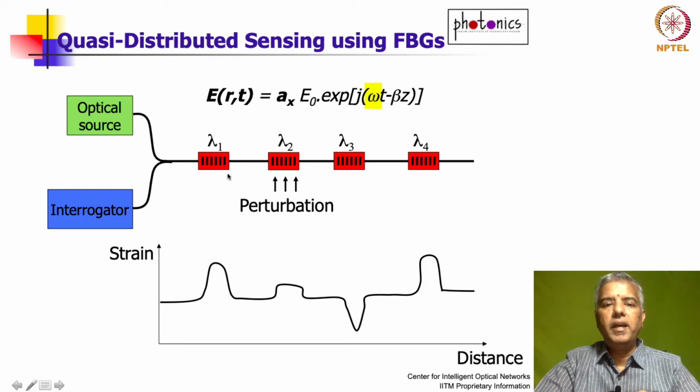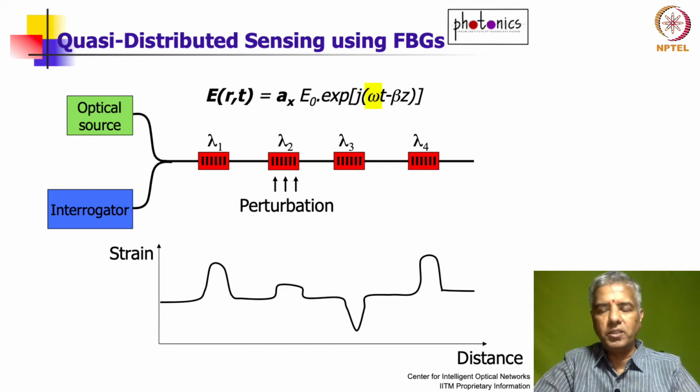You can actually have different gratings with different periods in different sections, and then we'll be able to pick up whatever perturbation. In this case, you want to get temperature information along the length of a pipe, let's say, or length of a cable. Then you could put multiple gratings down the line, and you could possibly pick up the temperature information at these points. The only problem with this is